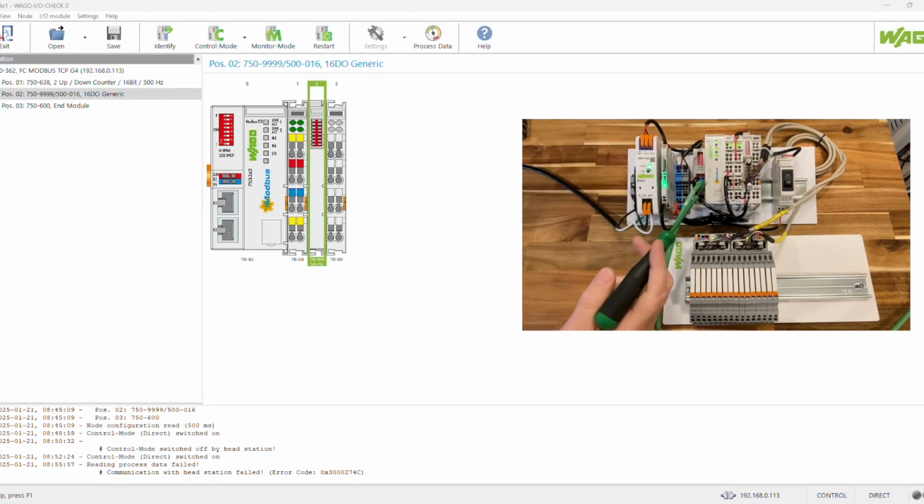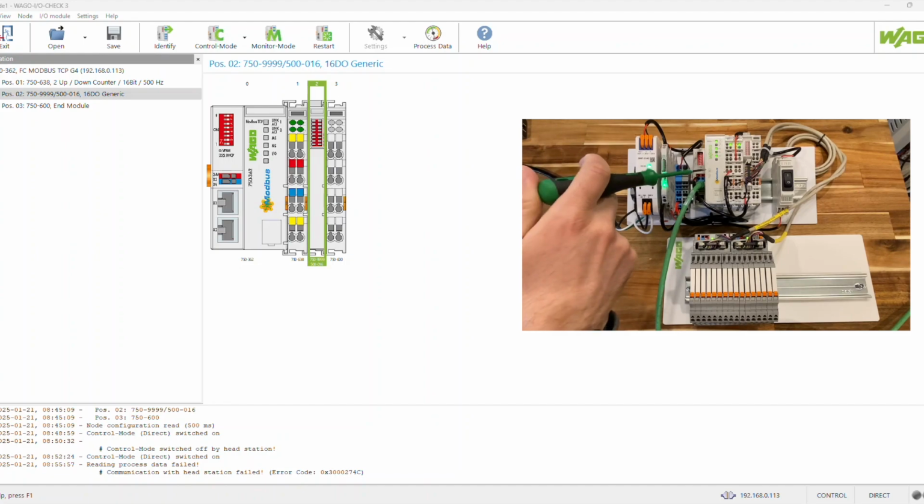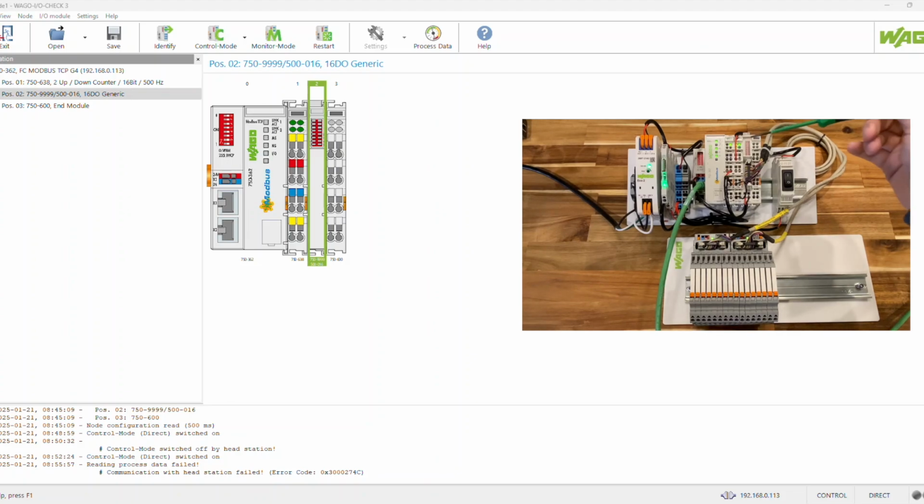Okay, I've got an example Modbus node here. So I have a 750/362 Modbus TCP coupler and a couple I/O cards. This card here is going to be an up-down counter, a 750/638 two-input up-down counter. The way I have it wired up is to go to the switch here, so each time I turn on the switch, I'll see a positive rising edge on this card, and it'll increment a value